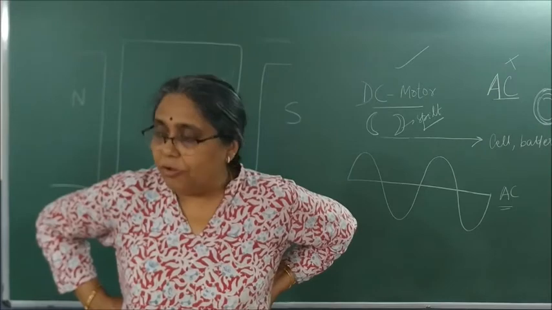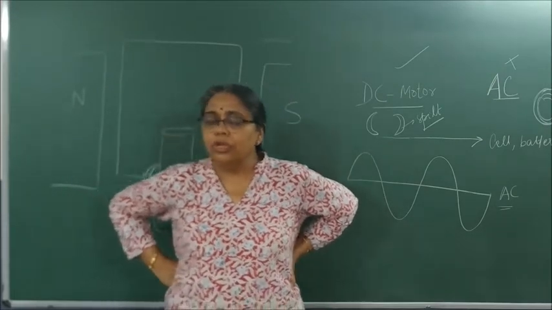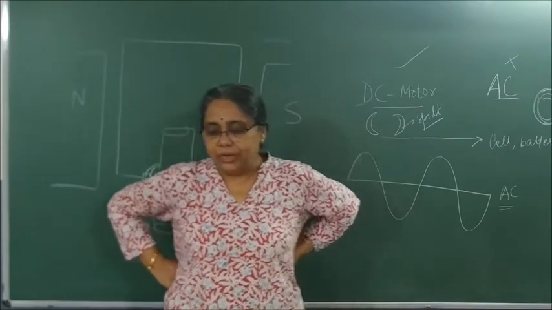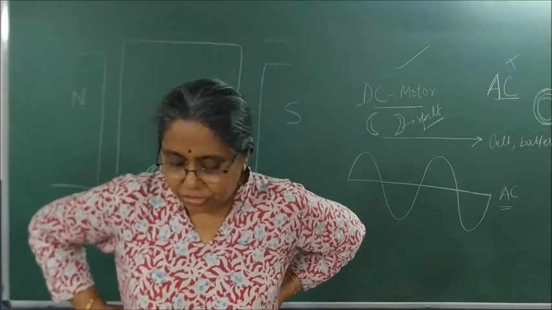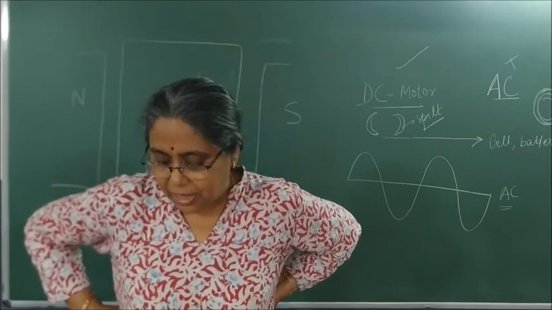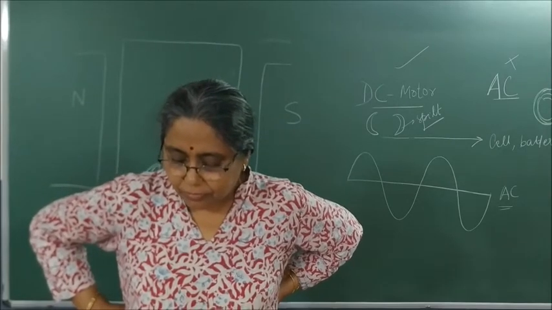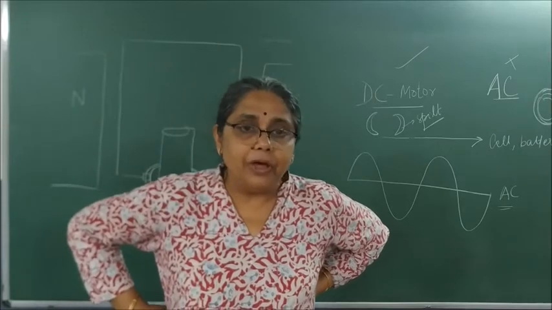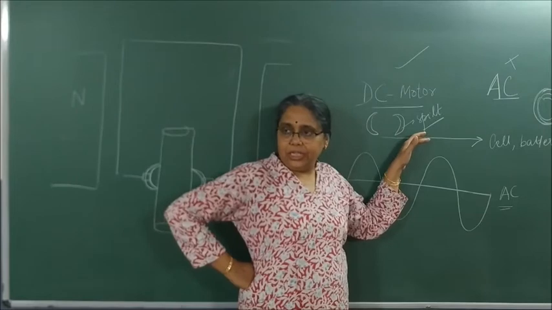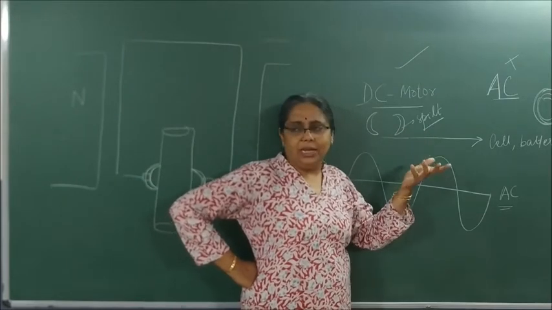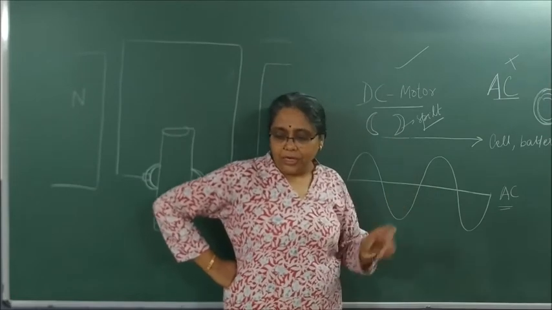And the source of AC current is what? All power stations, thermal power stations, nuclear power stations, and all are AC current. Okay, most power stations in India. The AC changes its direction after every 1/100th of a second, and the frequency of AC is 50 Hertz. If you want to transmit power for long duration, you should always use what current? AC current, not DC current, because if you use DC current, it gets heated up, whereas AC is better. Okay, so this part you have to study.